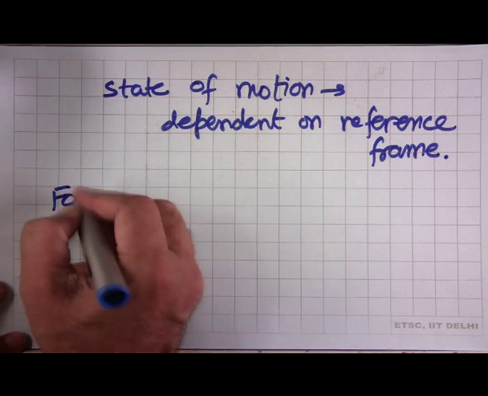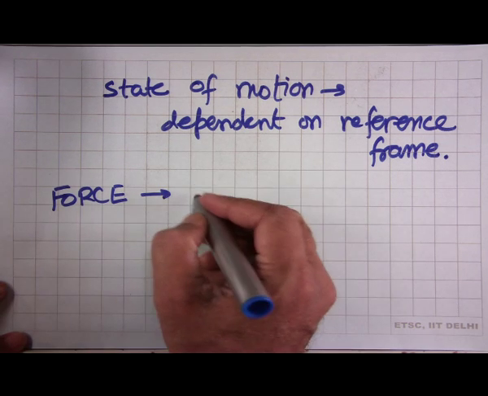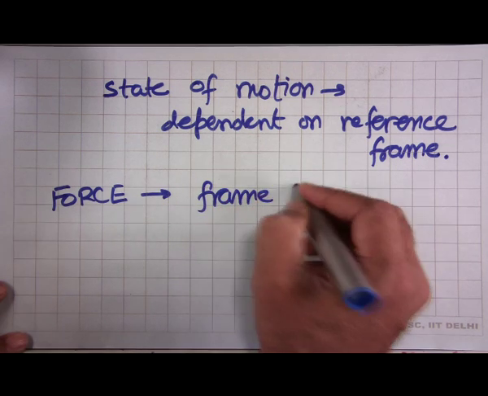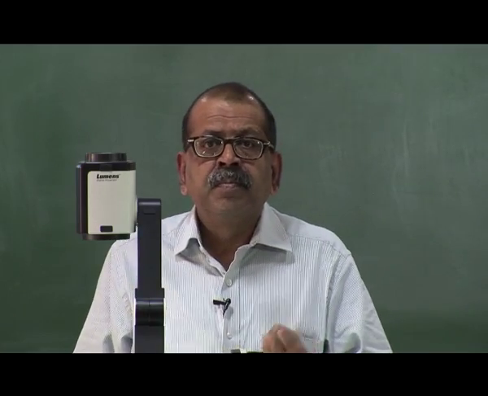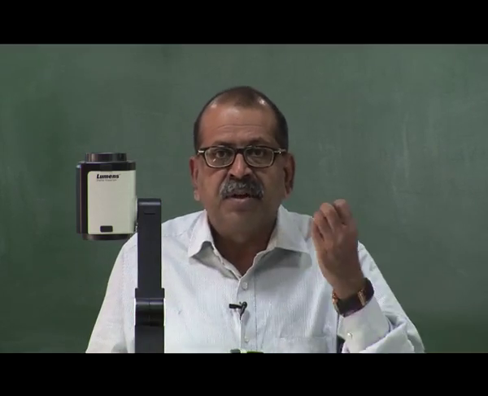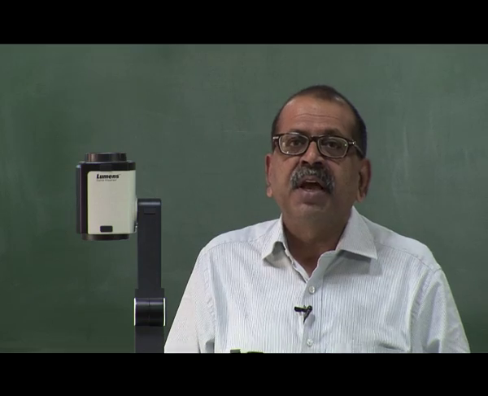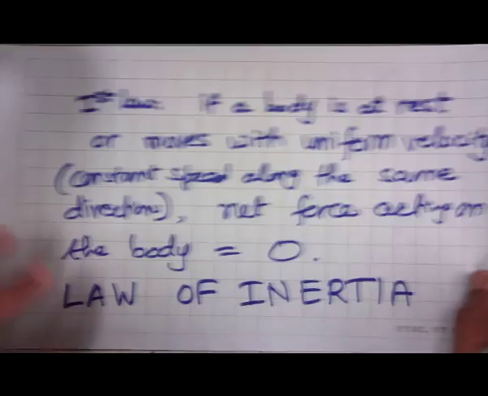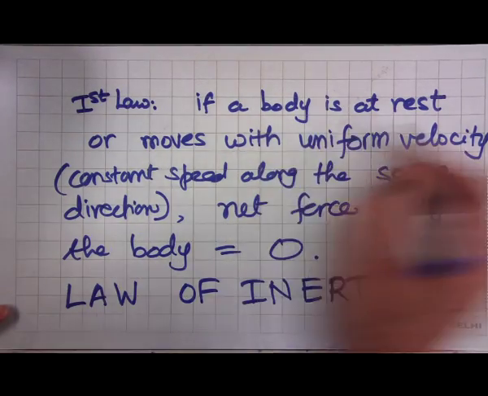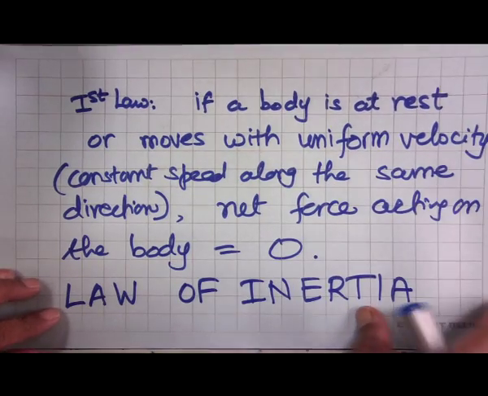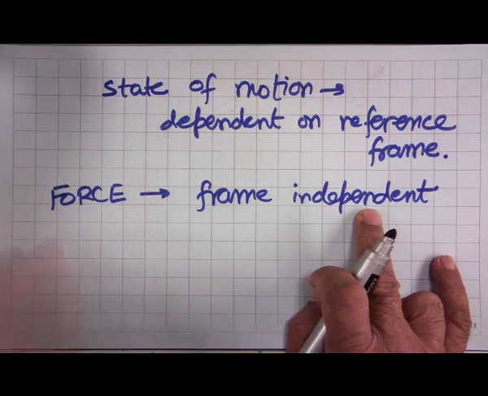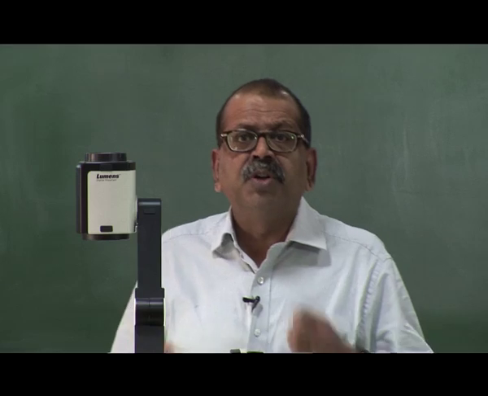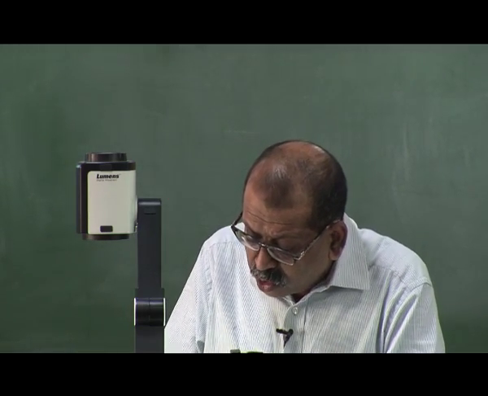Whereas when we look at force, forces are quantities which are frame independent. That means, whichever frame you measure a force in, whether the frame is at rest, moving with constant velocity, or accelerating, the forces you measure stay the same. Now, Newton's first law says the net force is 0 if a body is at rest or moves with uniform velocity. That means something is missing, because we are relating a frame independent quantity to a frame dependent quantity. And the catch is that Newton's first law,